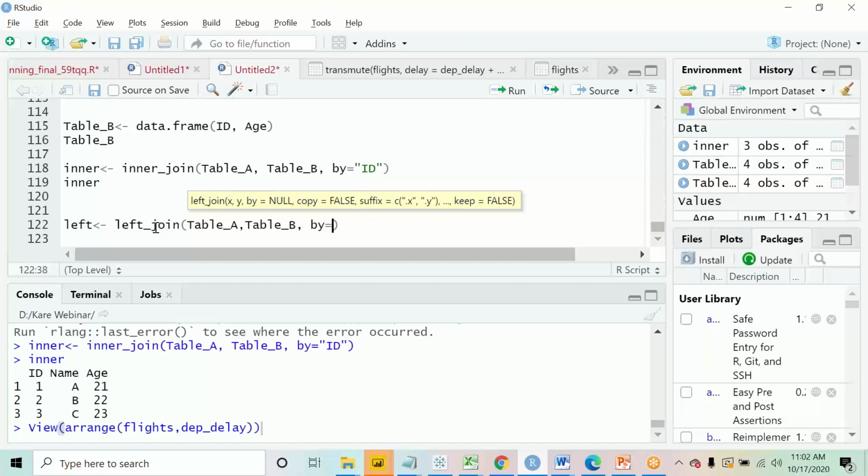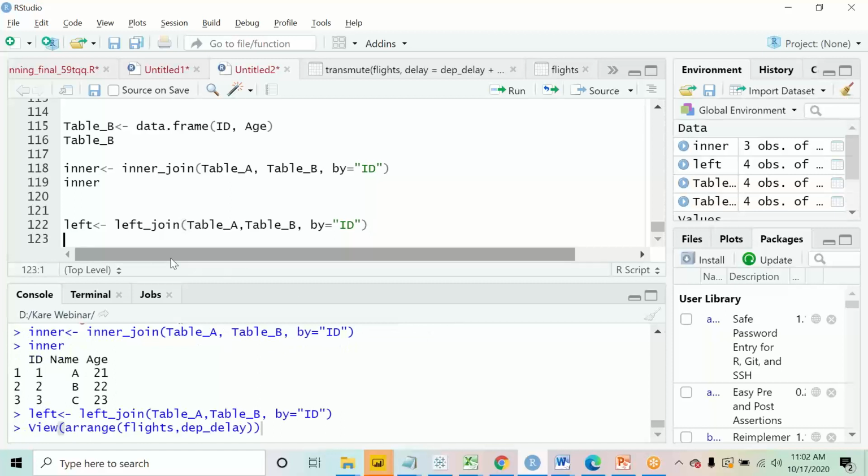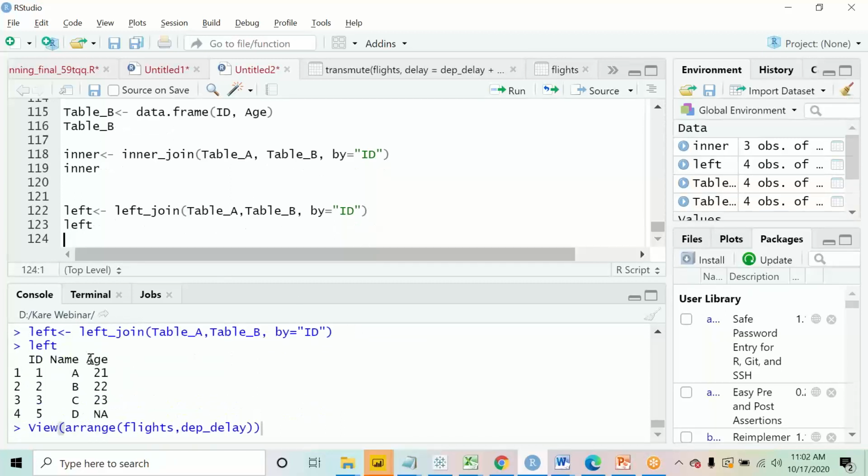By ID, you specify the common column name. So what output should I expect? All the data from table A and the matching data from table B. This is the left that I have created, and let us see how the output looks. I have 1, 2, 3 and 5, and the age for 5 is coming as NA. Correct?